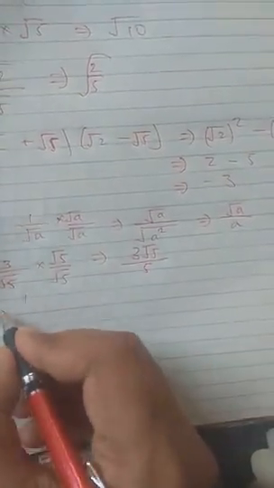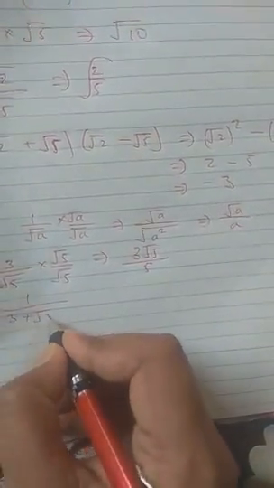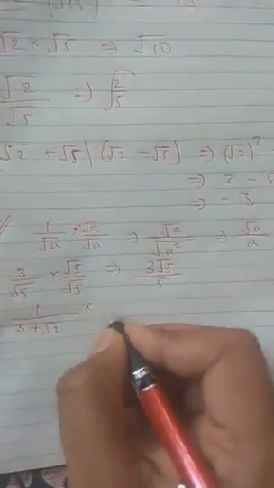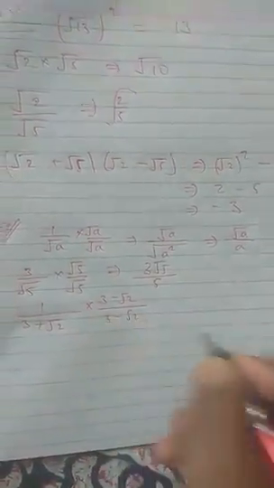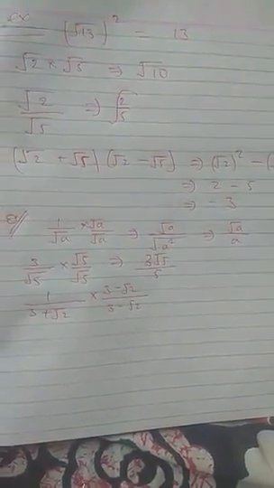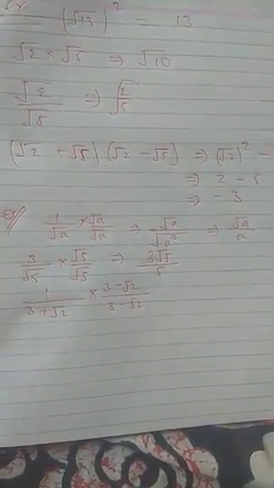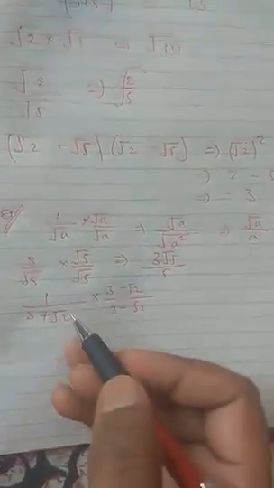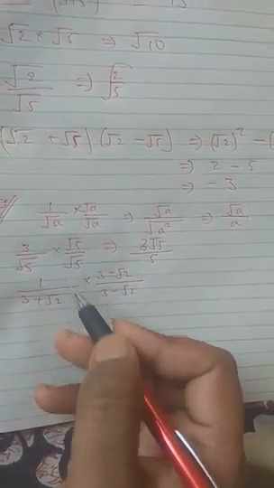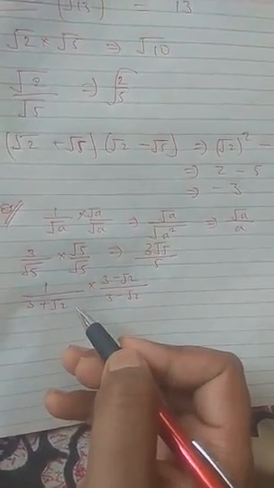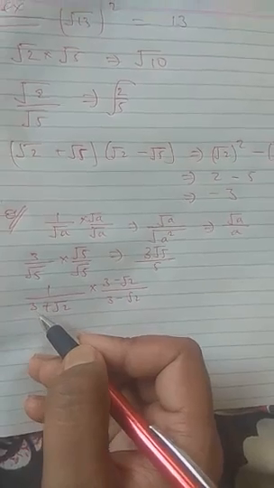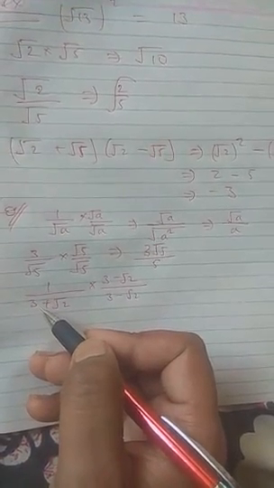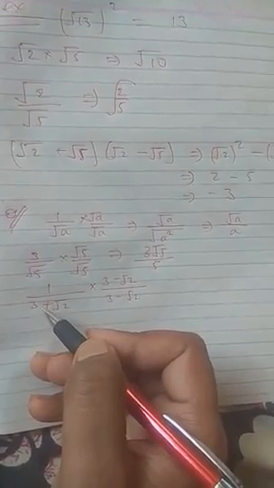Suppose we have the example of 1 upon 3 plus root 2, you have to remove the square root from the denominator. Then what you will try, you will just multiply 3 minus root 2 in the numerator and denominator. Why are we multiplying with this 3 minus root 2? Because if you multiply root 2 in the numerator and denominator, then you will find that in the denominator this root 2 will change to 2, but this 3 will change to 3 root 2. So again we will have the same problem, that the denominator gets a new square root portion.